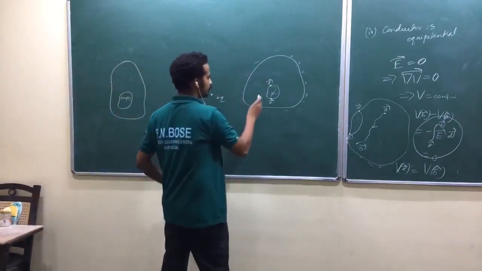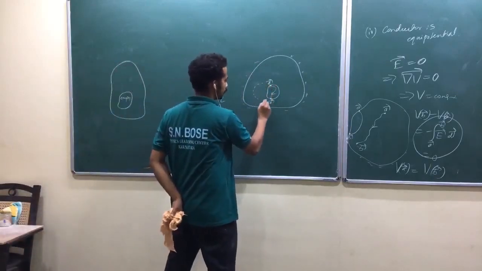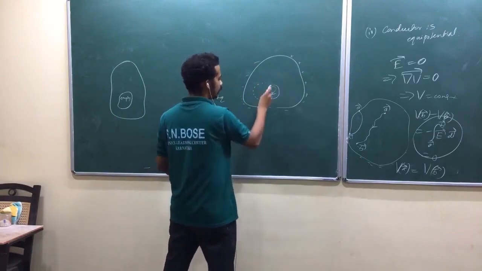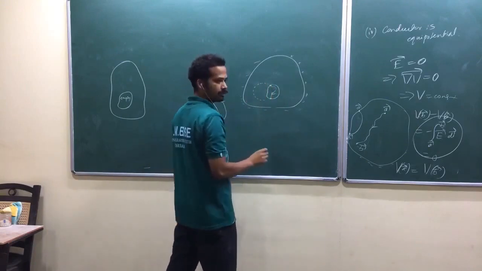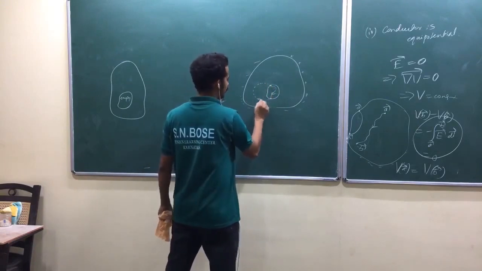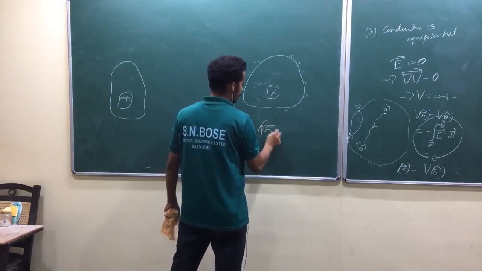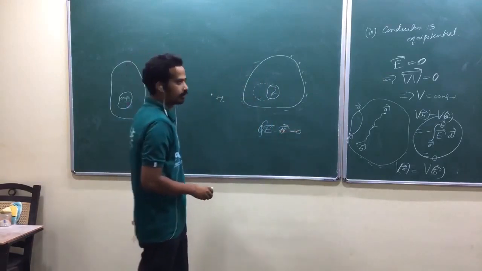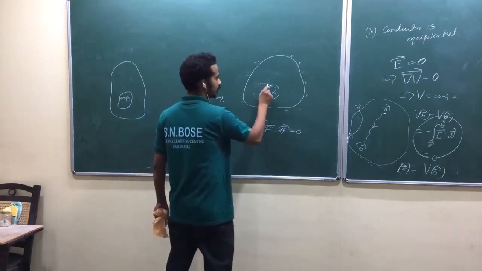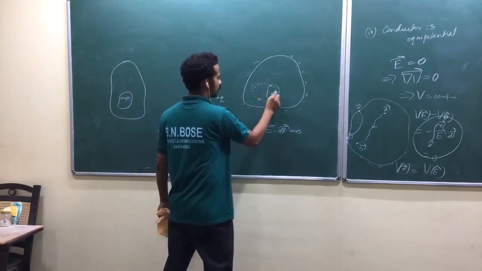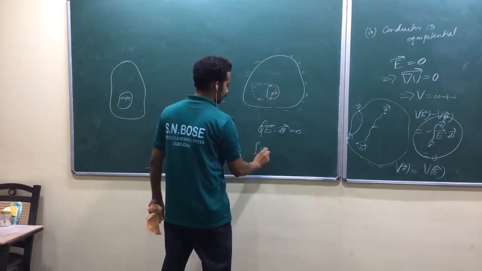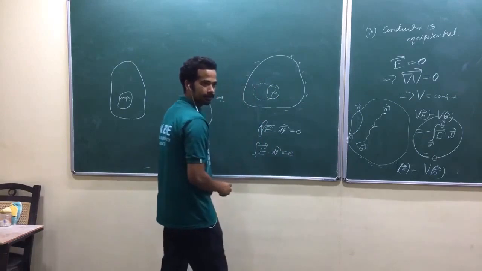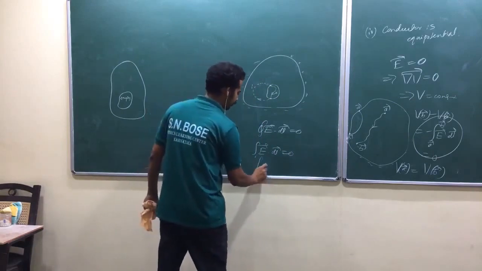If this is not convincing, look at here, I am going to make one closed loop. Whatever happens, the closed line integral of electric field is 0. Am I right? Now let me apply the closed line integral of E bar dot dl bar equal to 0. Now in this part you have no electric field. So let me take first part, second part. First part, E bar dot dl bar is equal to 0. So then the second part should be 0. Am I right?